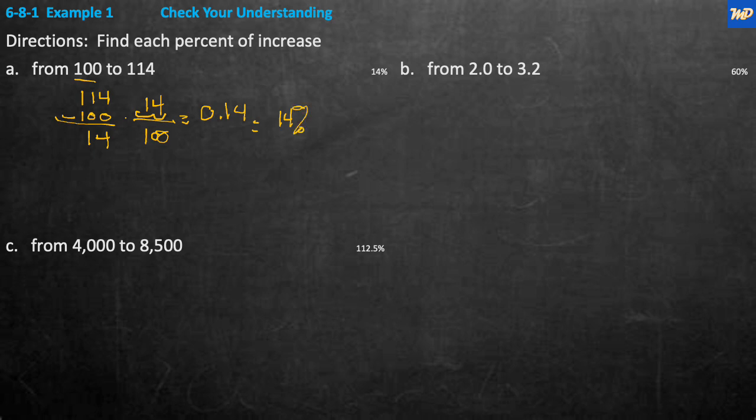Okay? Is the increase a 14% increase? How about B? From 2 to 3.2. Okay, so the ending point is 3.2, and we're going to subtract the starting point from it, 2.0, and we end up with 1.2 as the difference. And we take the 1.2 and divide that by the starting amount, so it's 1.2 divided by 2.0,